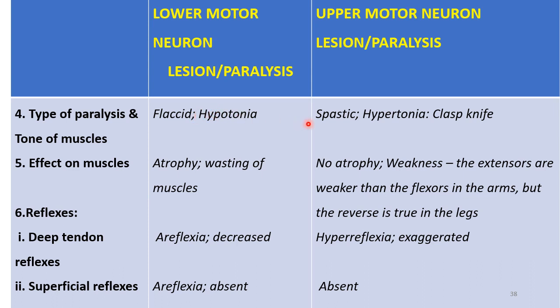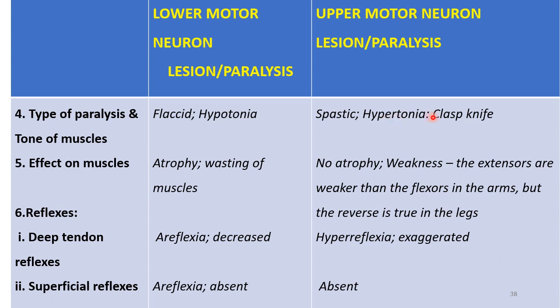Then in the case of upper motor neuron lesion, we have the spastic type of paralysis. There is hypertonia. Why is there hypertonia? Because the tone is increased now. The gamma efferents become highly sensitive. The stretch reflex is sensitive because the upper motor neurons which were inhibiting the lower motor neurons, that control is